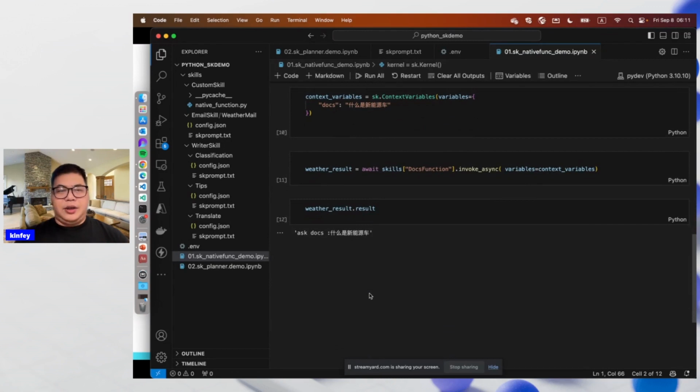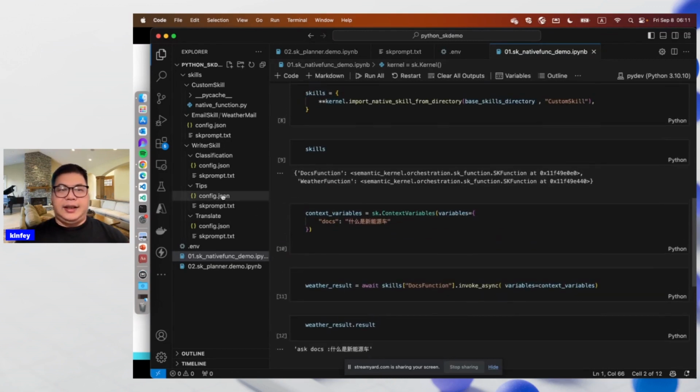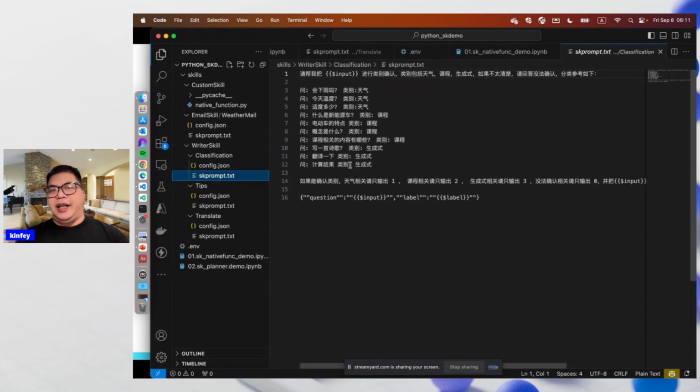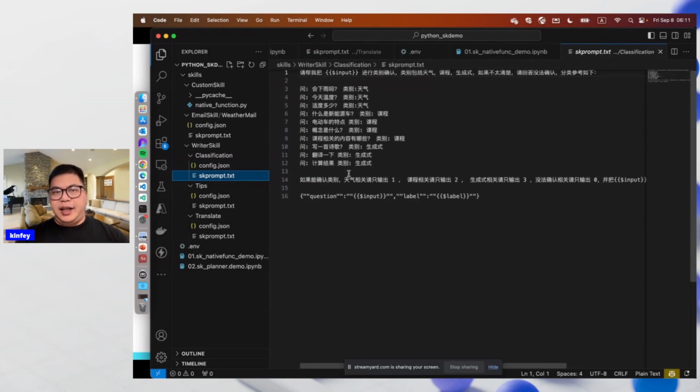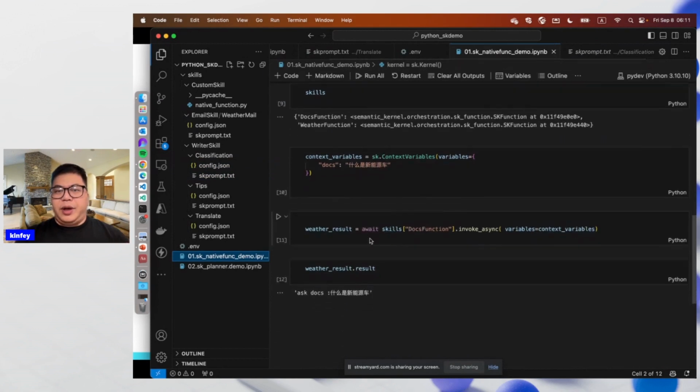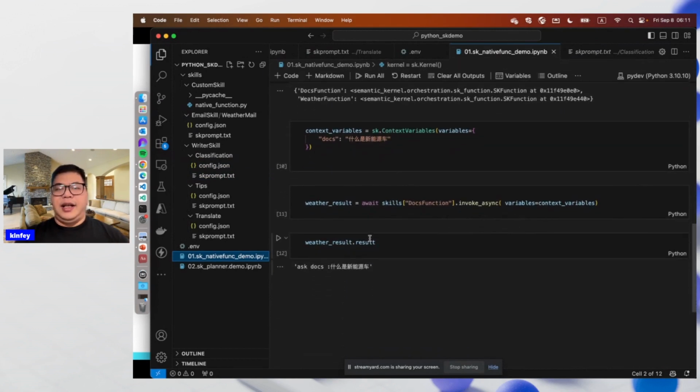Here I set a prompt and some configuration. You can use different languages; here I use Chinese to write the prompt, and then it will run and give you the answer.